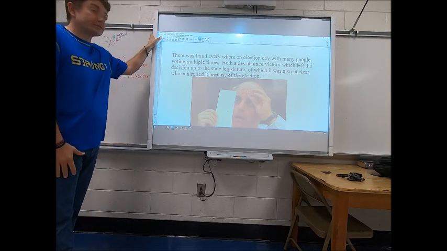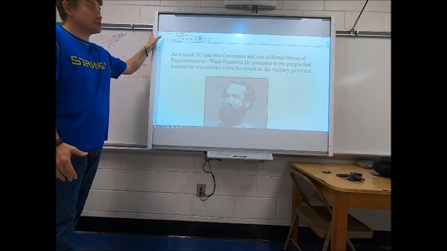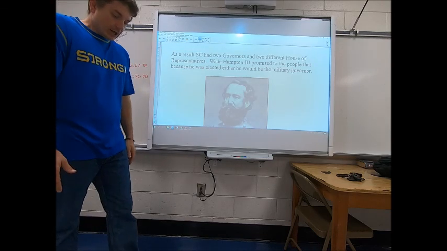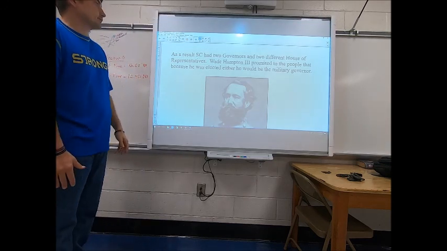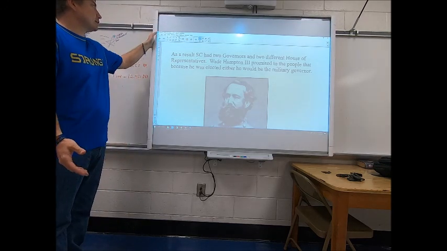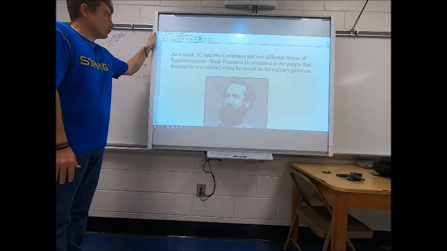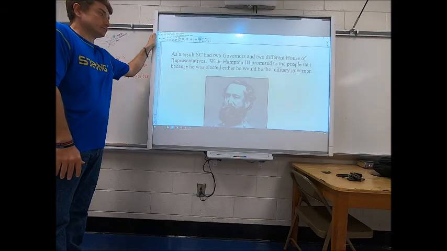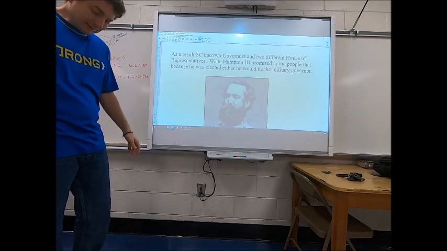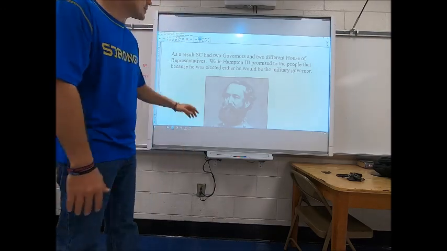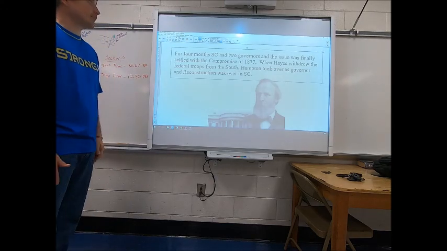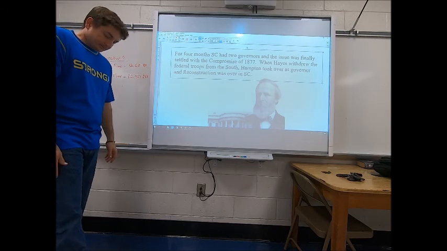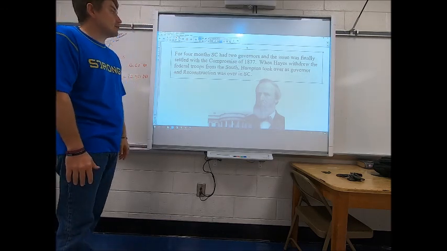And so for a short period of time, South Carolina actually does have two governors. We have Wade Hampton III, and we have the Republican that is running for office as well. Wade Hampton III promises that if he is elected, either he will be given the position of governor or he will become the military governor of South Carolina. For 4 months, we have two governors. But eventually,